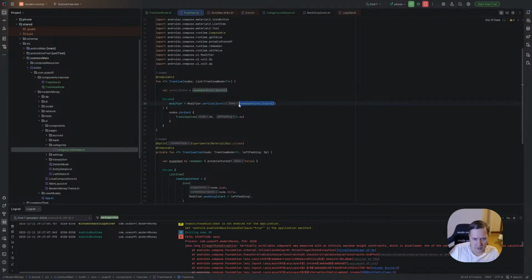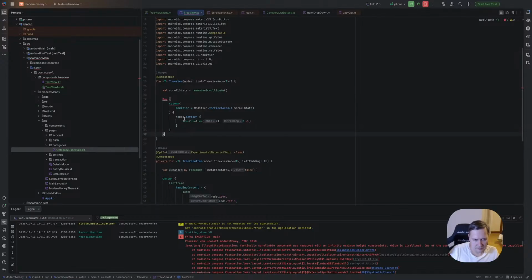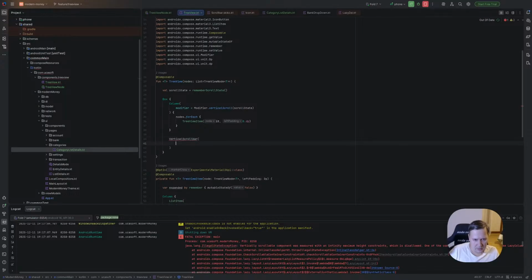We need to provide the scroll state here, but also we need this box. And vertical scroll bar.